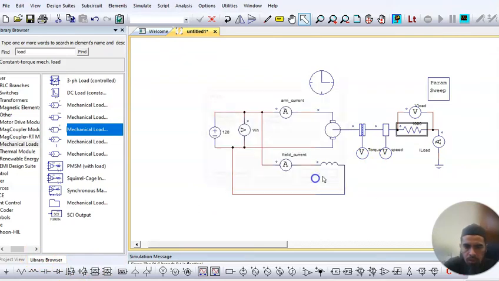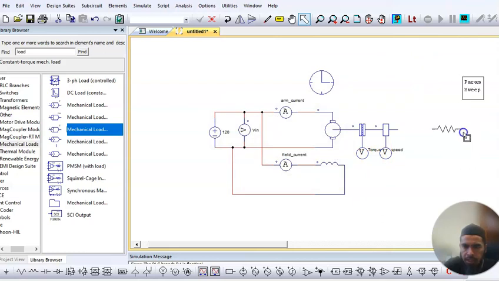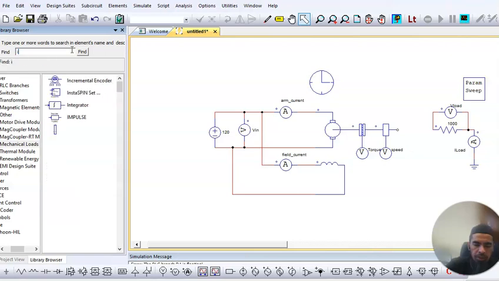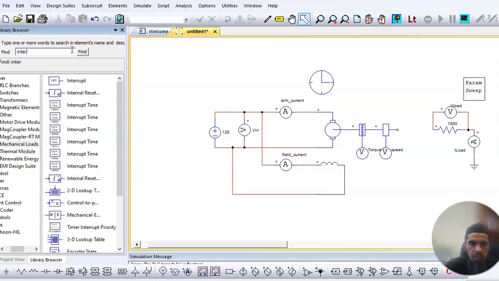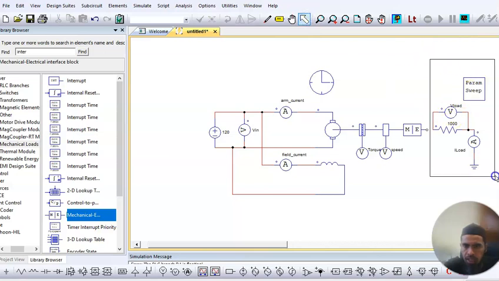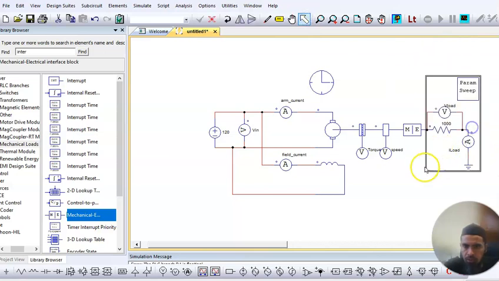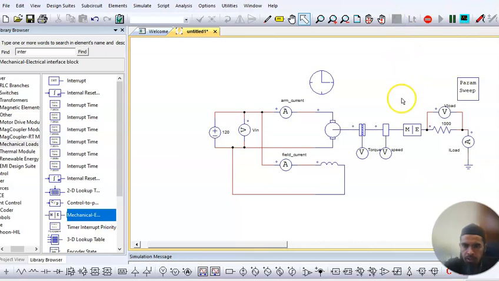Okay, actually we forgot to include the mechanical to electrical converter. So the interface, mechanical to electrical interface, because we cannot run electrical circuit on mechanical circuit. We have to use the interface, and only then we can run. So click run. It should be running in the background,